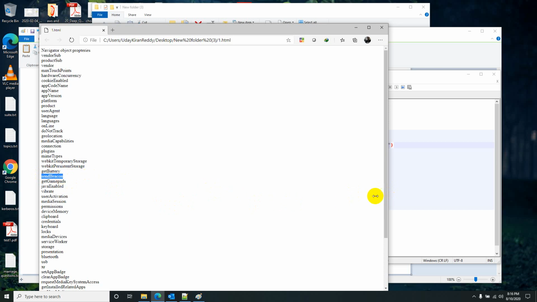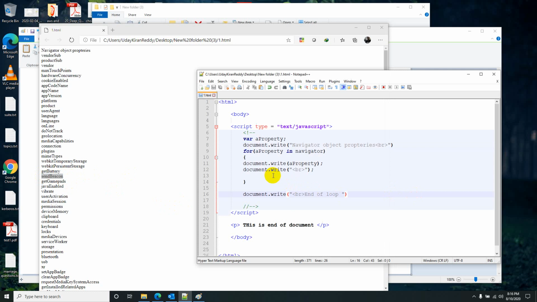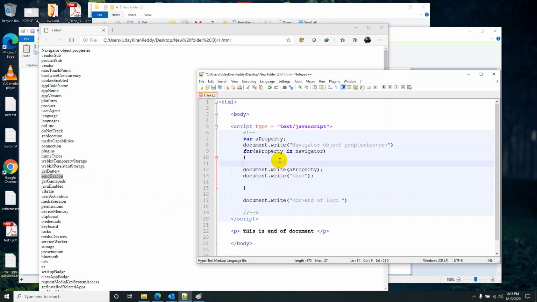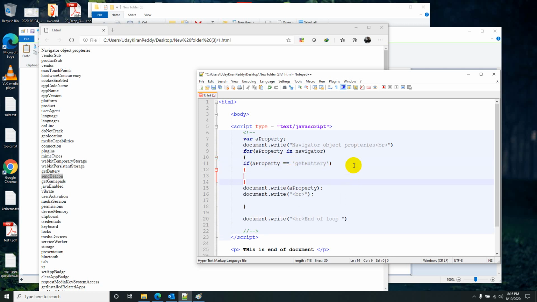Then what I will do is, if a property equal to get battery, then I will break here completely.